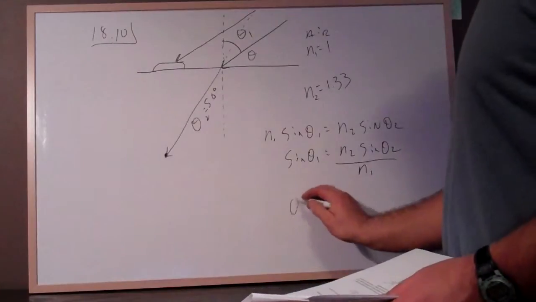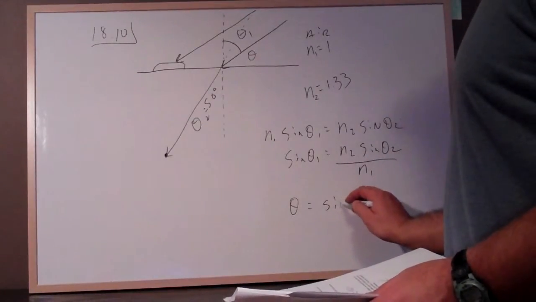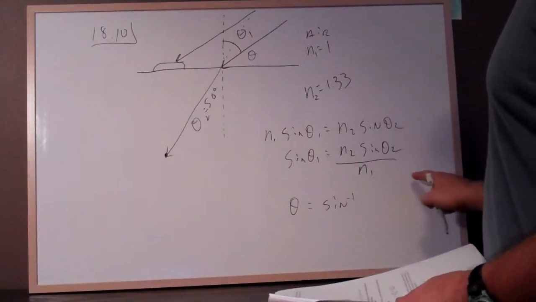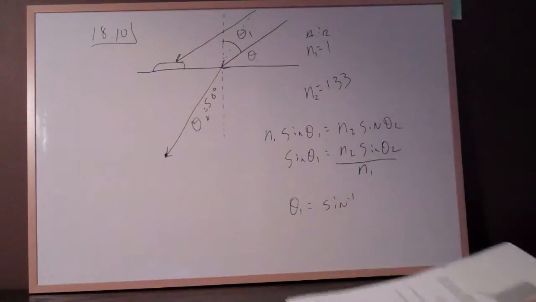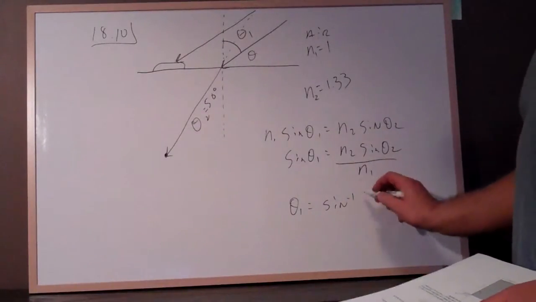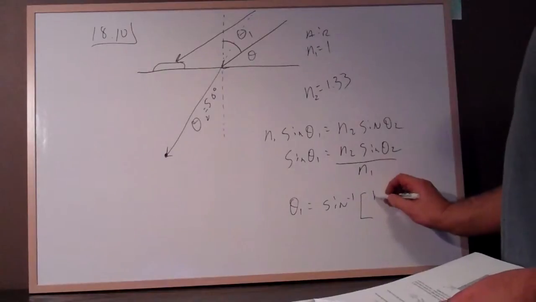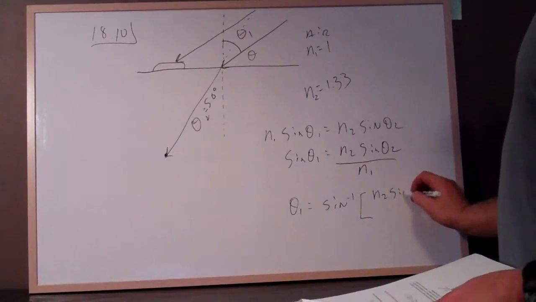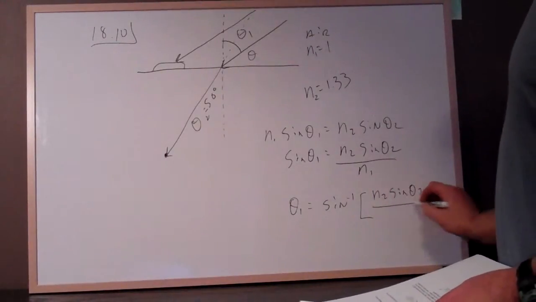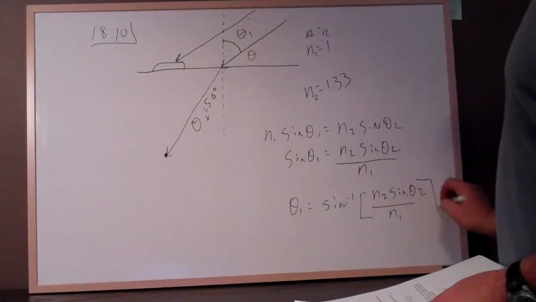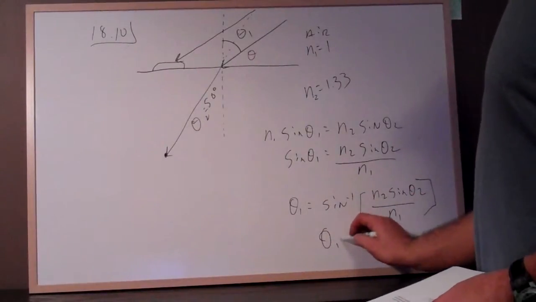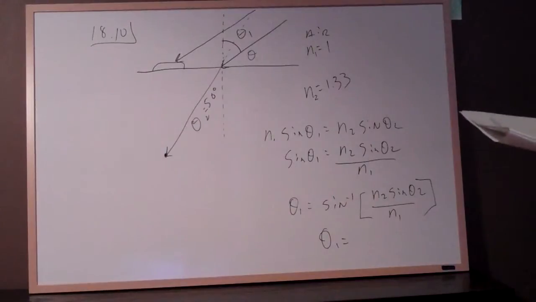And then theta 1 would be the inverse sine. Taking the inverse sine of both sides, we're left with theta 1 here. And then we have the inverse sine of this whole thing, N2 sine of theta 2 divided by N1. Good. So theta 1 turns out to be, in my problem,